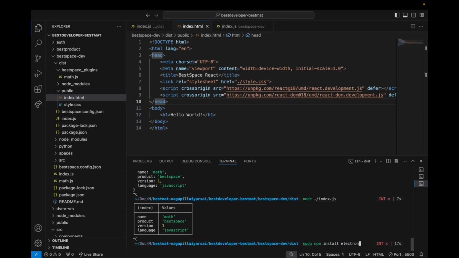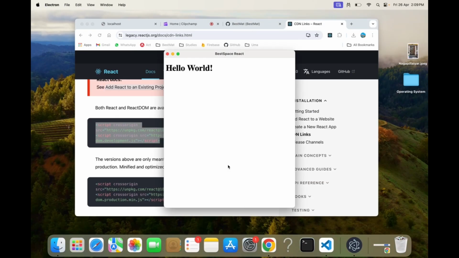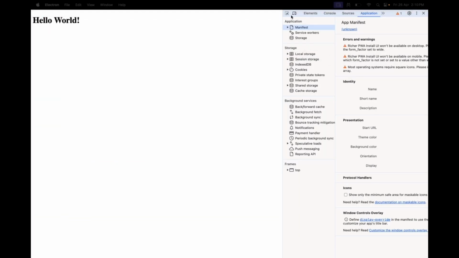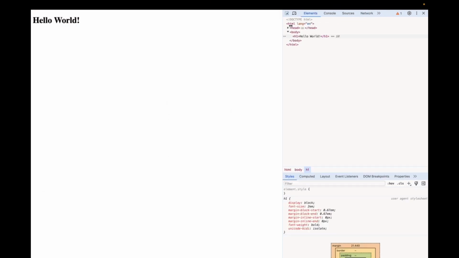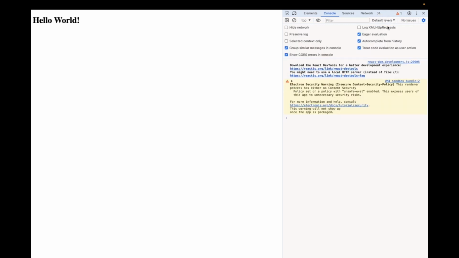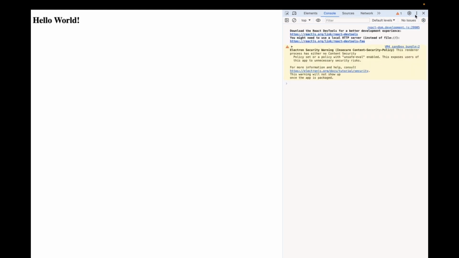And one more thing I wanted to show. So let's npm start. When I go back to here, you can also enable developer tools by just using Command Option I on Mac and Control Shift I on Windows. So let's maximize this. We can see that we can do all kinds of stuff with this. So you can see that we are also using React here. We can also install React DevTools. I'm not quite sure about how to install that in our application because we're not going to use any Chrome extensions as such. So yeah,